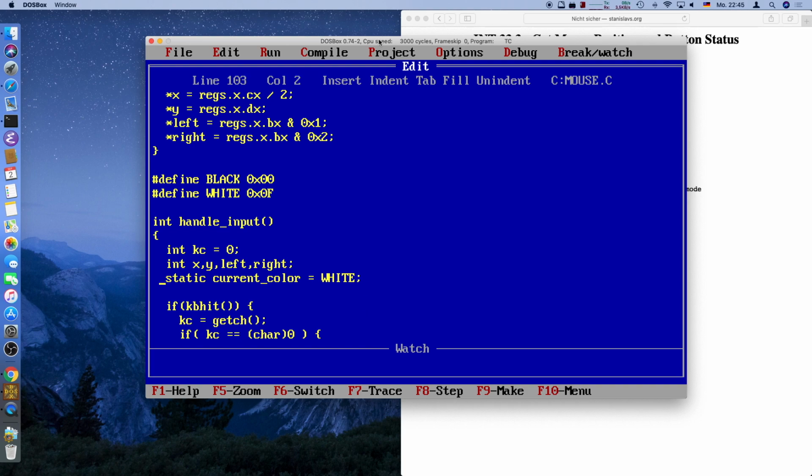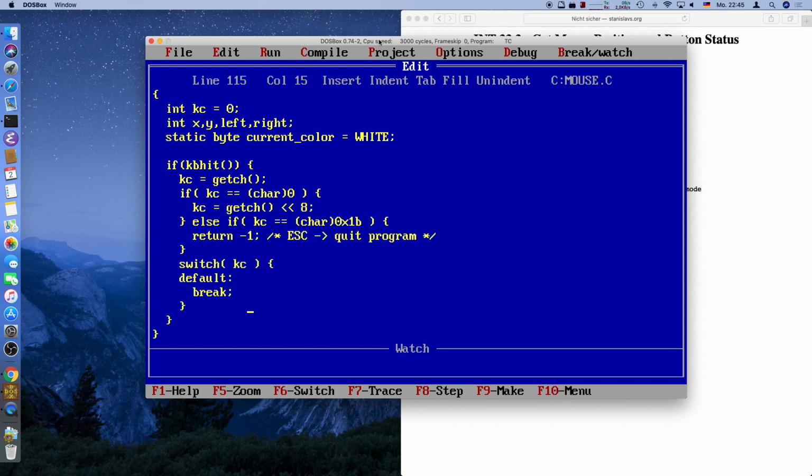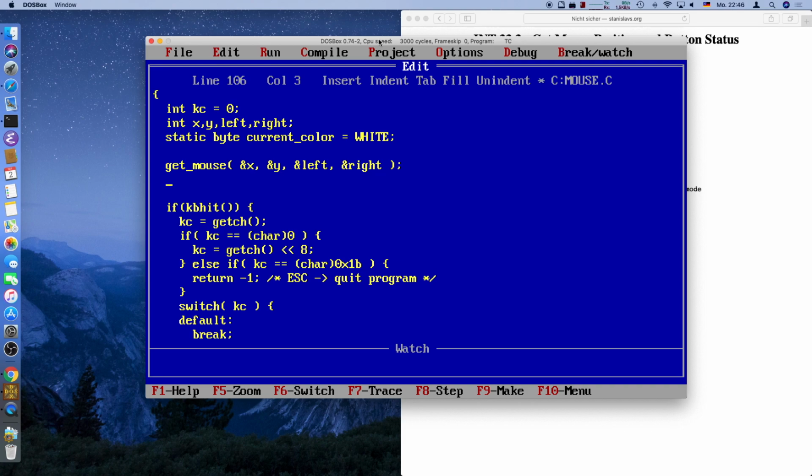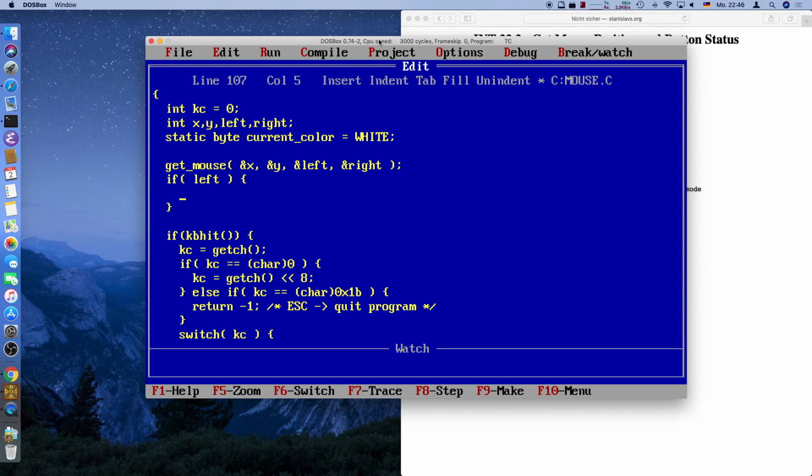And that should actually be a byte. And now, what do we need to change here as well? So, first of all, we will call GetMouse status, or GetMouse, call it. Give the addresses of all our variables, like this. This way we get the status, and then if the left button was clicked, we will try to